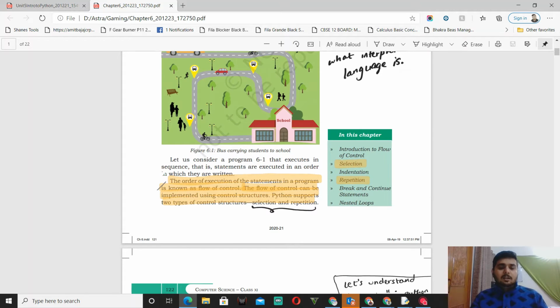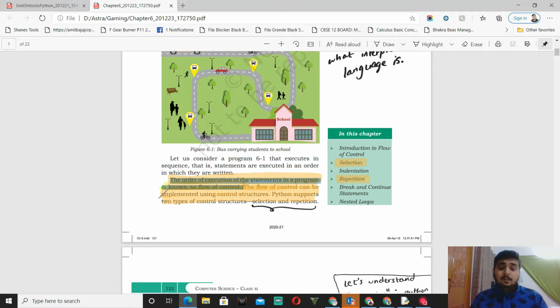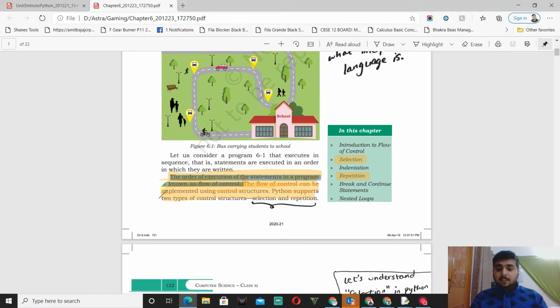Okay, so getting to this line, the order of execution of the statements in a program is known as flow of control. Very important to understand that. Later when you have complex problems, you'll not just get directly to code. You'll sit back, create a flow of control, and then code it. That's what we'll do in the class. The flow of control can be implemented